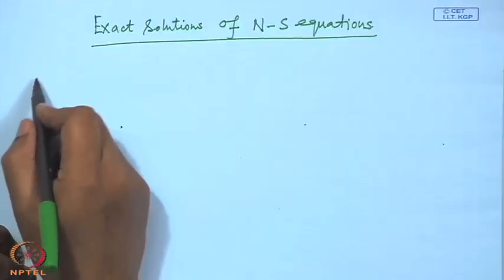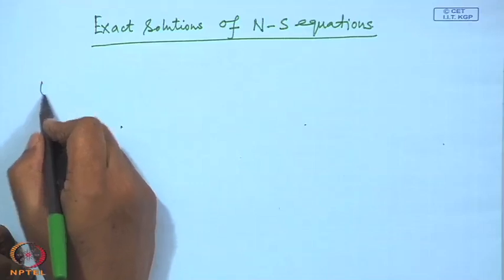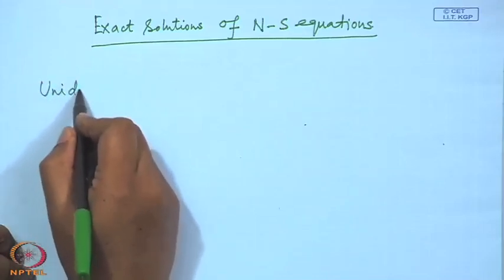That flow is only in one direction, and in particular it is independent of that direction. So, we assume for flows which are unidirectional flows